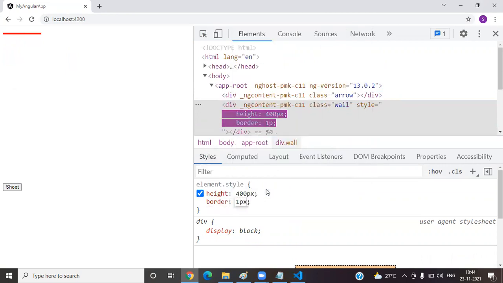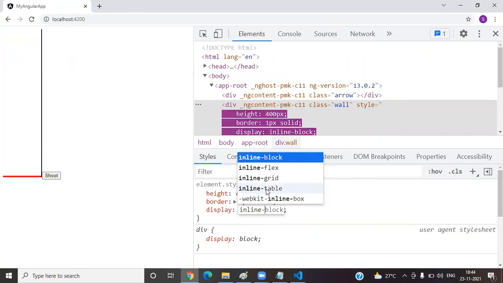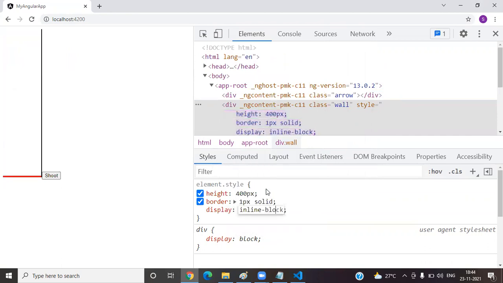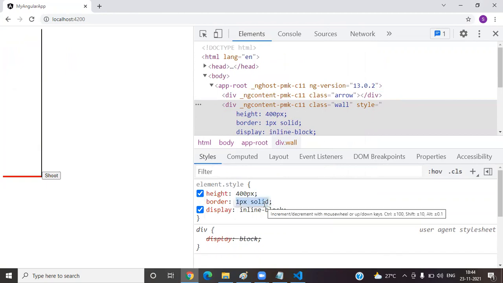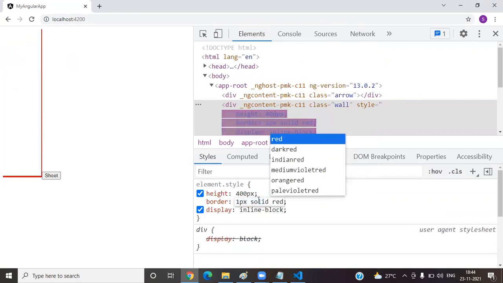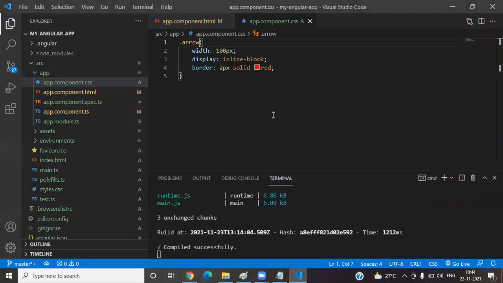Mention border 1 pixel solid, display inline block, and give the border color as red. After that we can do the changes, the positions and everything, later. Yes, this is my wall.